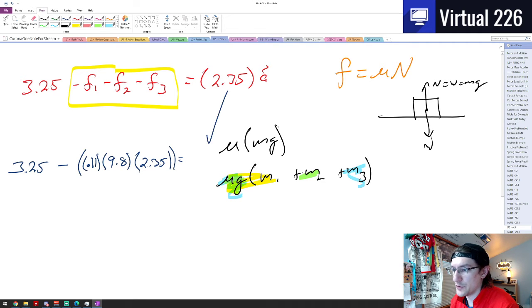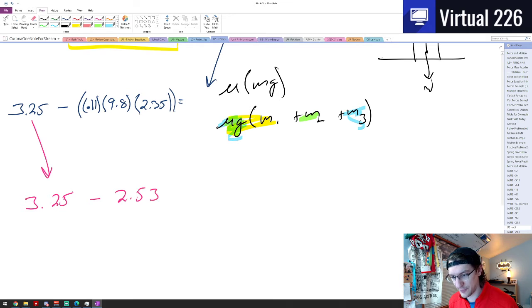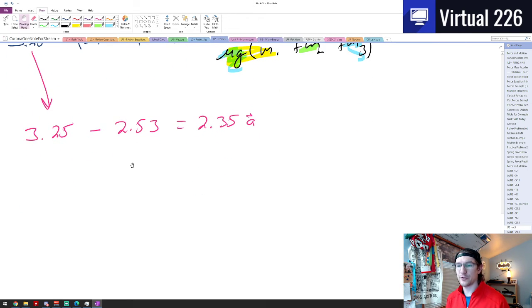And that will equal the 2.35 times A. If I multiply all the friction amounts together, so 0.11 times 9.8 times 2.35, I'm going to get the following: 3.25 from the initial force minus 2.53 equals 2.35 times the acceleration. If I subtract 3.25 minus 2.53,